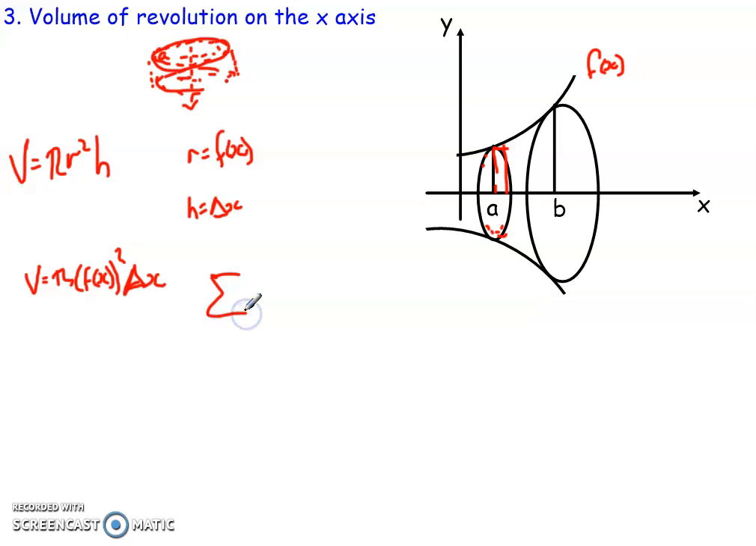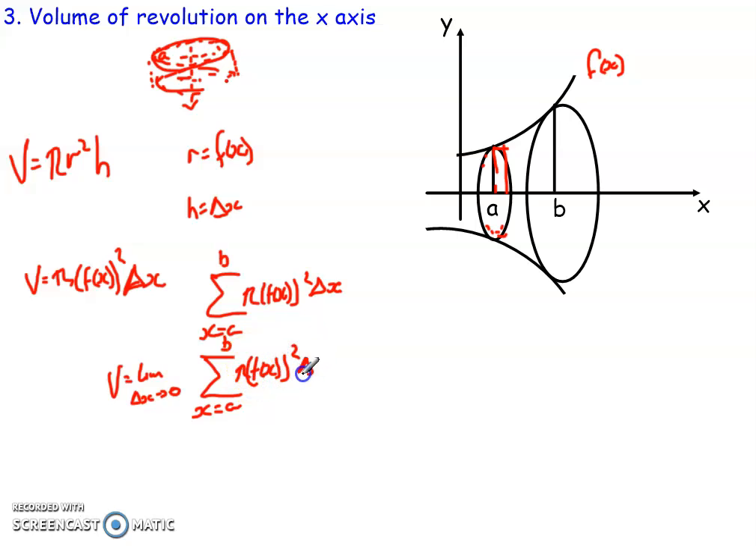Now what I have to do is add every single one of these elements. So I know the entire volume is going to be given by the sum from x equals a to b along the x-axis of pi times f of x squared delta x. That is going to give me the entire volume of revolution that I'm going to create here. Now because I want delta x to be as small as possible, I want that to be the limit as delta x tends towards 0 of the sum from x equals a to b of pi f of x